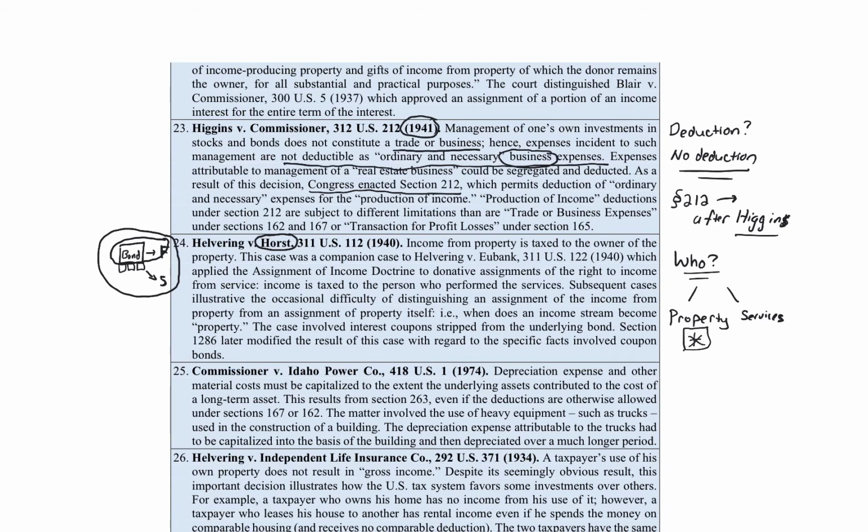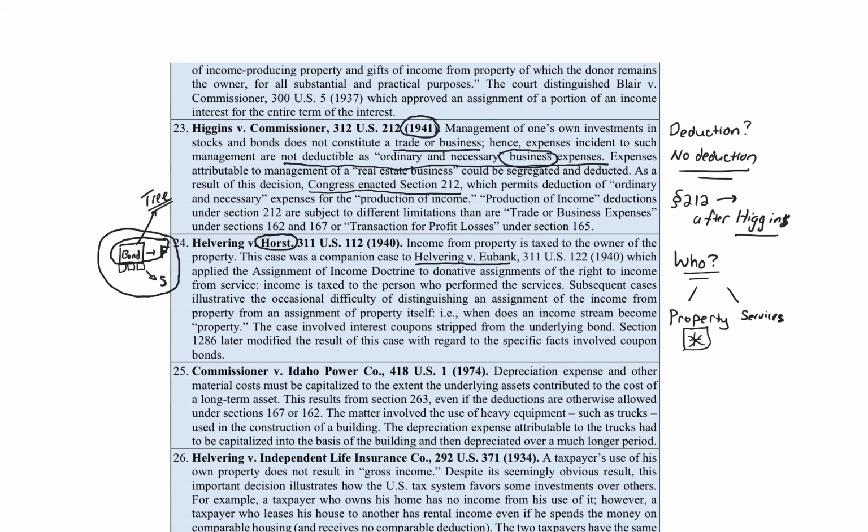Now, if you give up all your ownership in the bond, so if the father gave all the ownership to the son, it'd be a different story. But the fruit and the tree doctrine: the bond is the tree. He or she that bears the tree is subject to the tax on the fruit as well. So notice in here it talks about Helvering v. Eubank. We talked about that as well. It's one of the items that we mentioned.